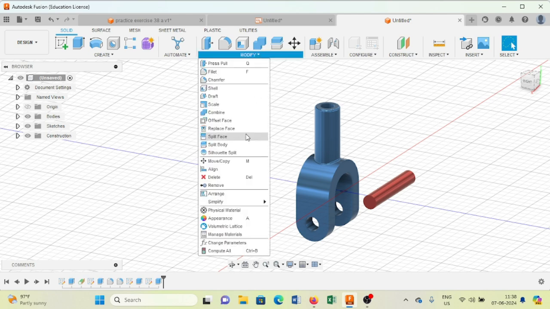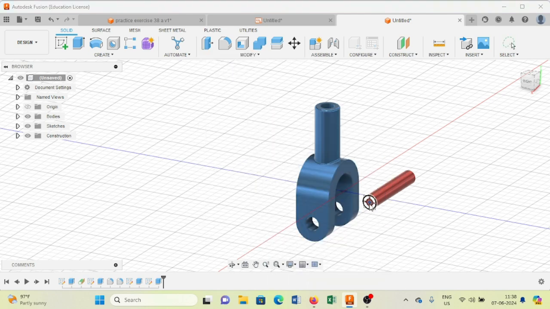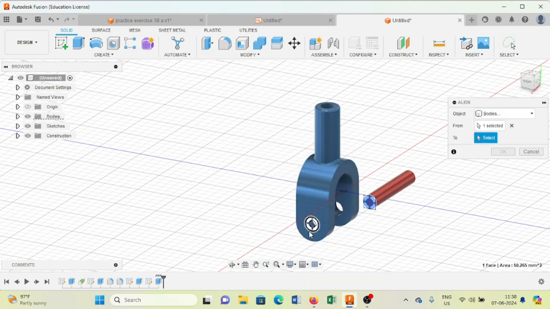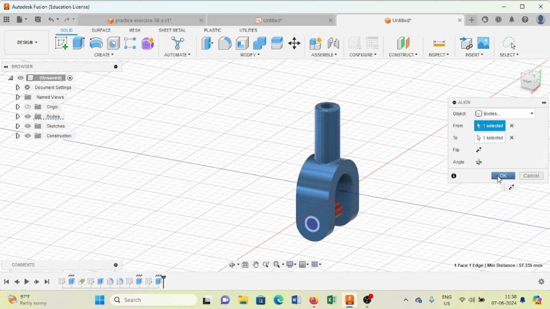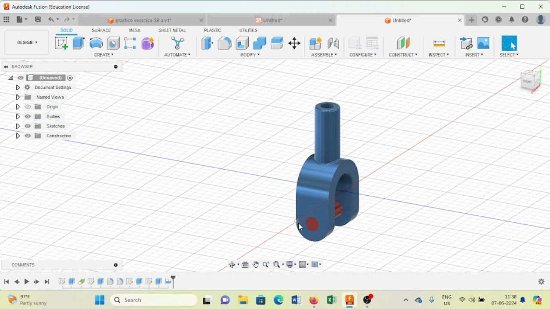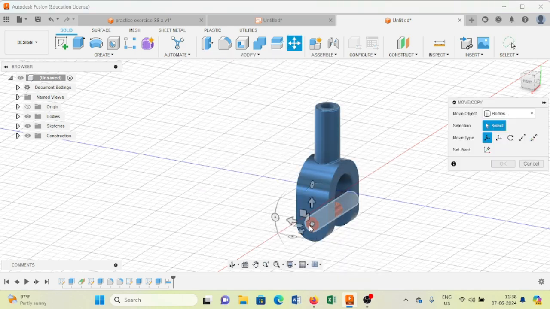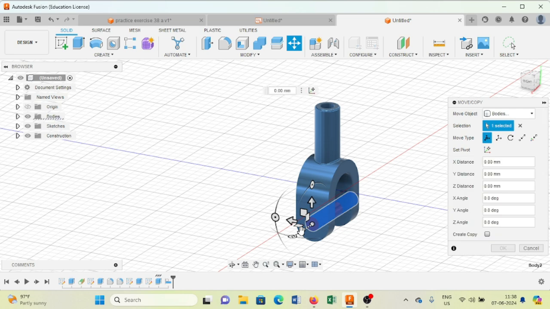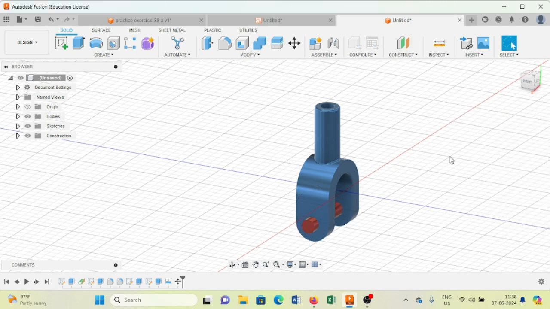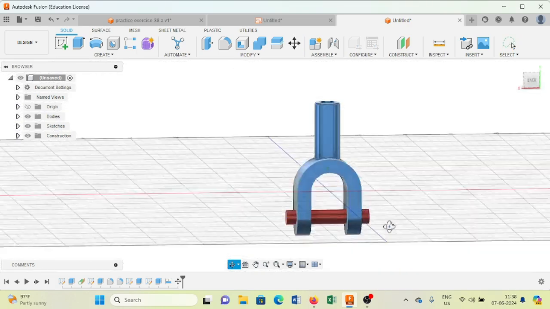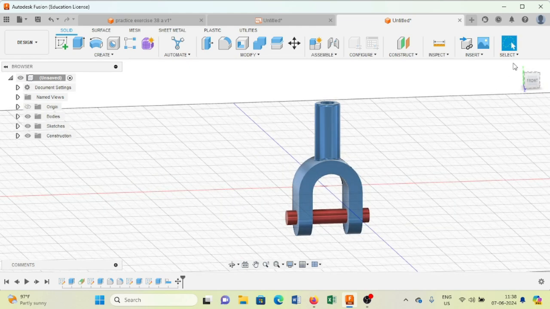Now we will align this pin to this particular hole. For that we will select this align command, select this one and press OK. Now we will move this pin so that press OK. So as you can see, we have created the same assembly what we have seen in